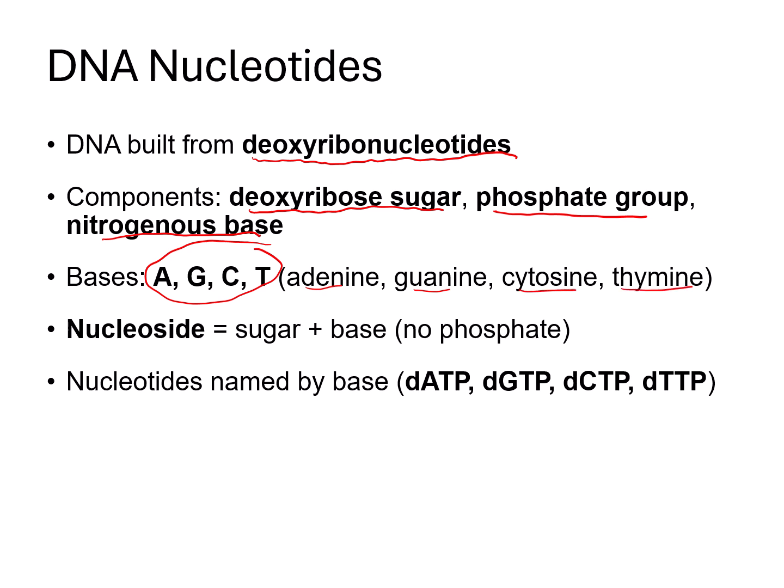If you remove the phosphate group, what you have left over is just the sugar and base, and in this case we call these nucleosides. So with the phosphate, they're nucleotides. Without the phosphate, they are nucleosides. And for the nucleotides, we often name them by the base that is attached to them. So here we have deoxy, and this is going to be ATP, GTP, and I'll tell you more about